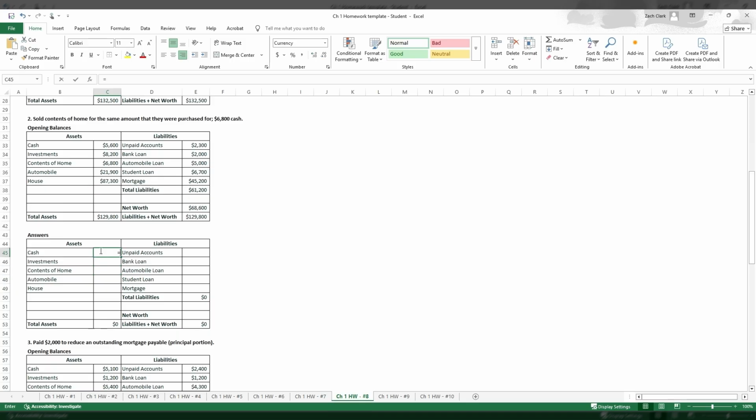So we take our opening balance, $5,600, and we add the $6,800 of cash we receive from selling those contents of home. And then let's just focus in on the contents of home. It began with $6,800, but we sold it for that amount. And so we have nothing left in contents of home when we're done with this transaction. And then again, we'll just fill in the rest of the accounts so that we can get total assets and liabilities and net worth to ensure that we